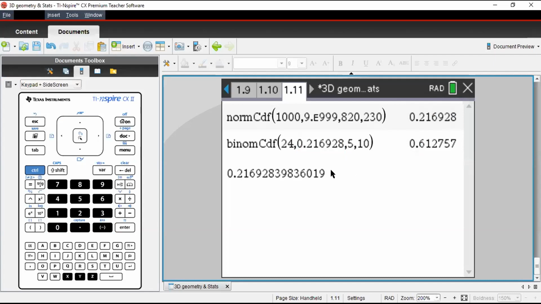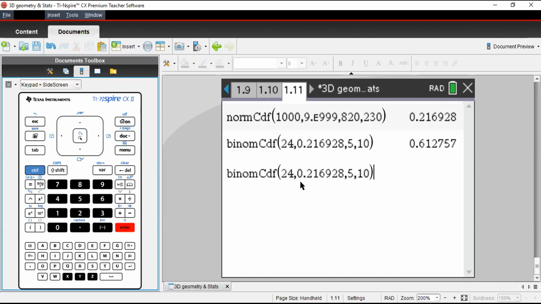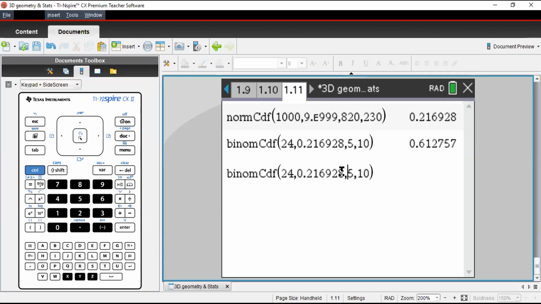To get an accurate answer, I can show you there are 2 ways. Let me copy this particular binomial CDF. Let me highlight and then press enter. It copies. So instead of manually writing the success probability, I can copy and paste.